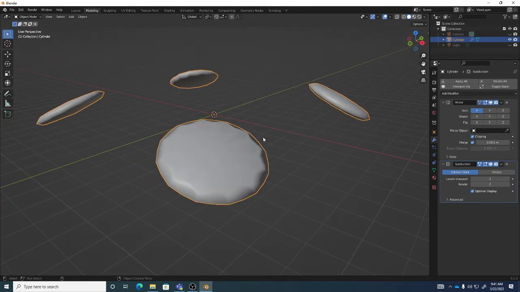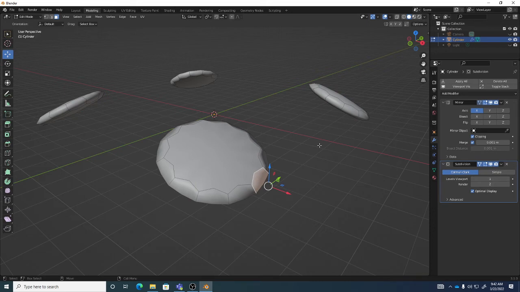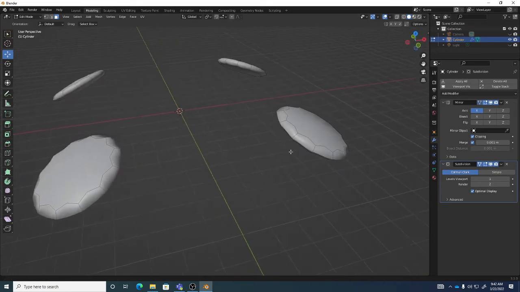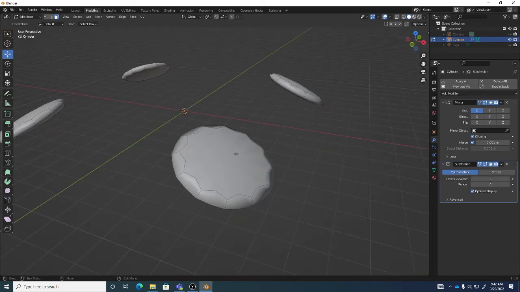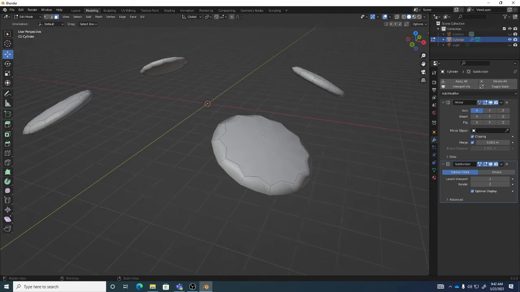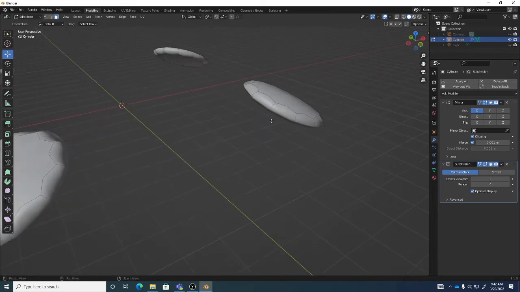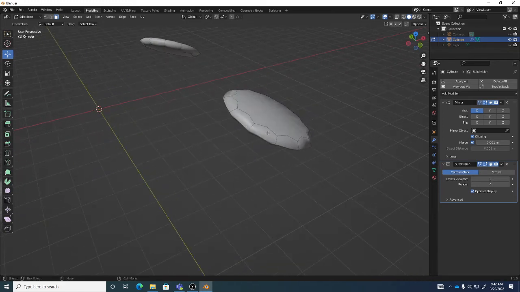And now I can go back to something like, say, 2 or 3. Now, in this case, I'm not going to do much to those yet because I just want to show you the clipping feature a little bit and extrude border edge. So what I could do is I could go in here and I need to delete some polygons to create